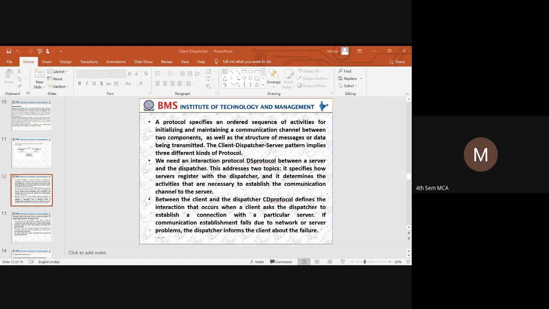Ginger saying, what's the reason? Why is it going to be considered like that? Because there is a failure in the server. If the server is not able to provide that service, or if there is poor connectivity, there are various reasons why the server is not able to provide the service. In that case, if the dispatcher is not able to locate the server itself, then it is a communication failure, and that failure has to be informed to a particular client.